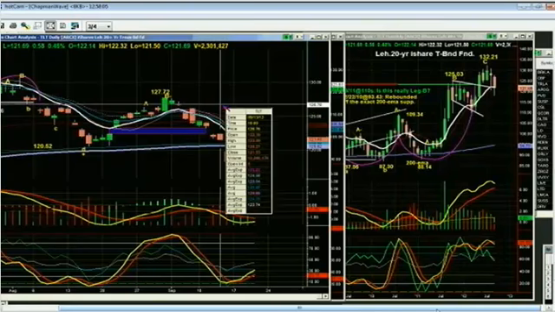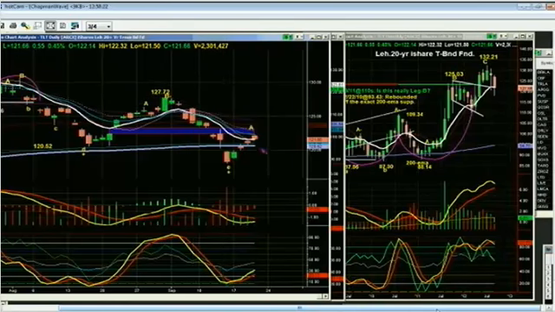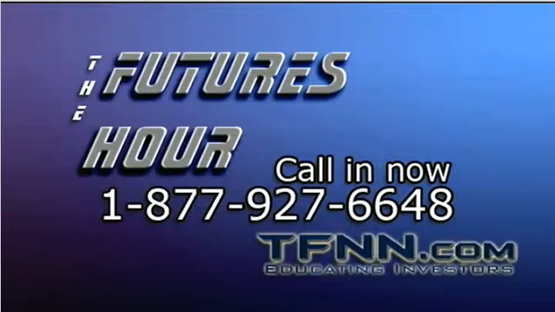If the TLT can break to the upside, close above 123.15, it says, great, now you can look to the next left side area of resistance, and that would be all the way up at 126.18. That is really far away. So one step at a time says that it's got to hold. If the TLT breaks under 120, closes under 120, again, this market is getting even higher.